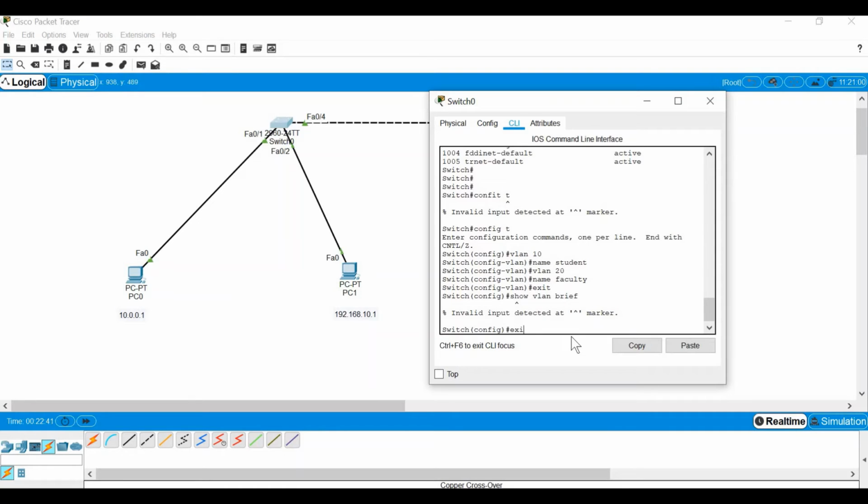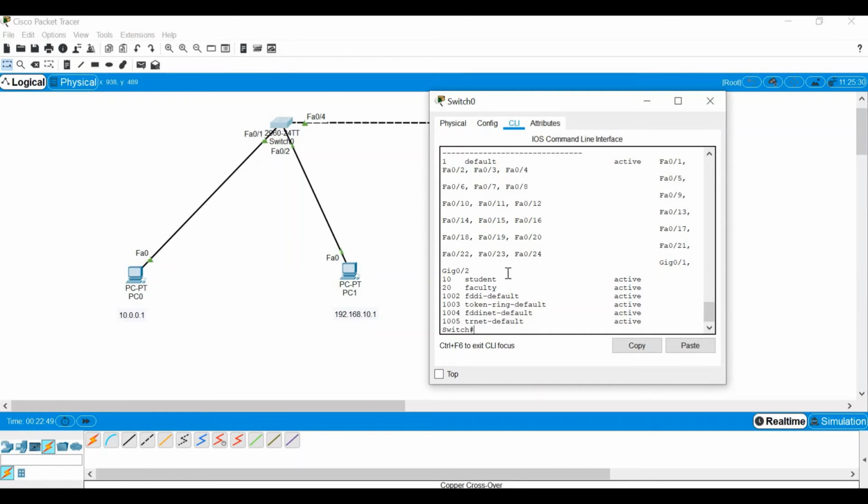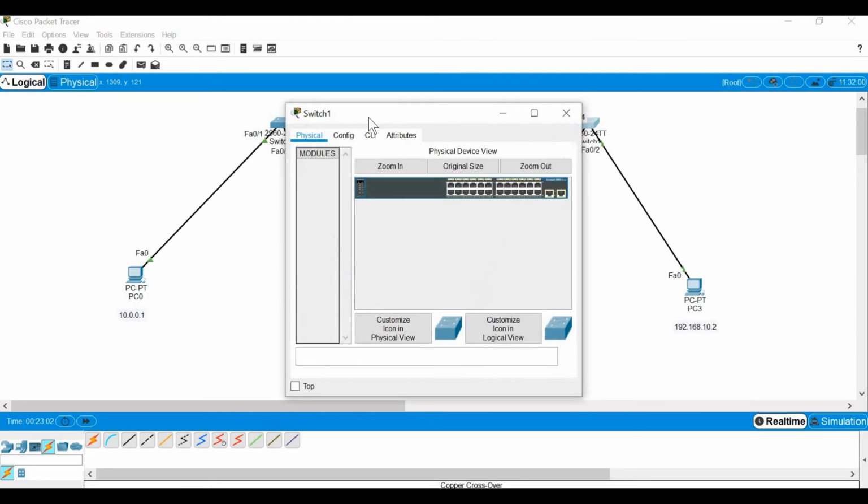This is in hash mode, I think. Yeah, so VLAN brief. Fine. You can see previously these two VLANs were not there. Now there are two VLANs, VLAN 10 and VLAN 20, named student and faculty. Fine, so let's go to switch 2 and do the same thing for this also.